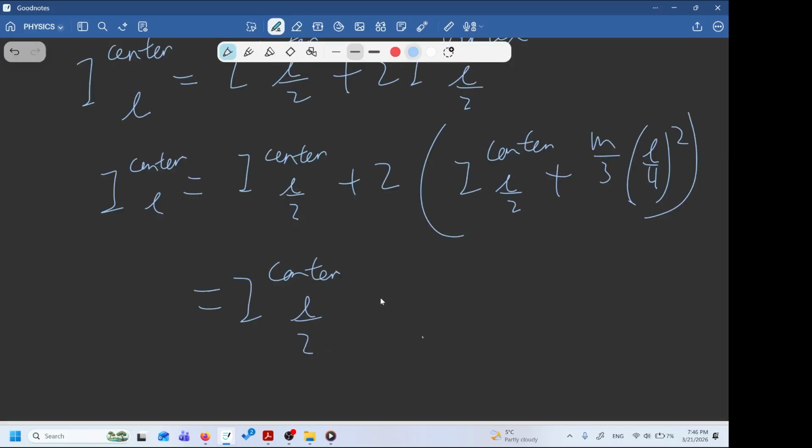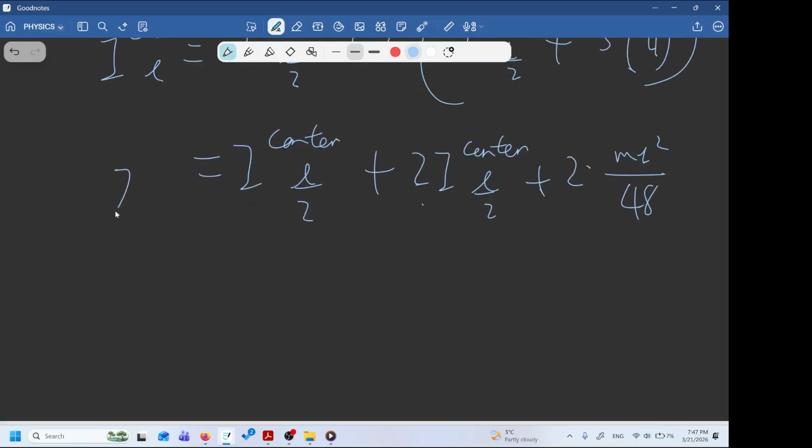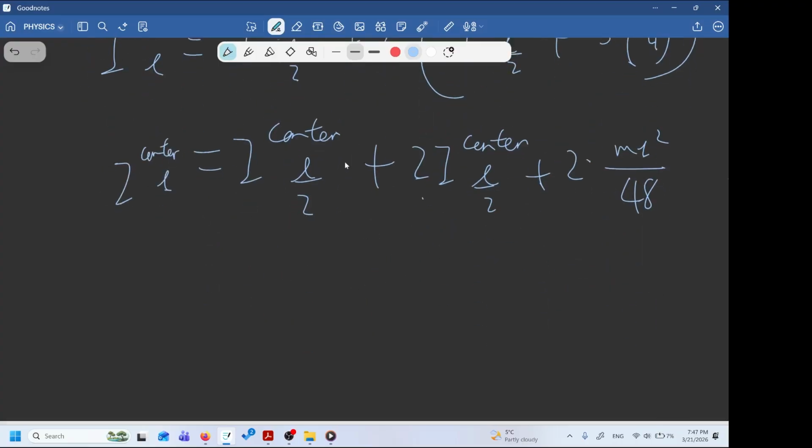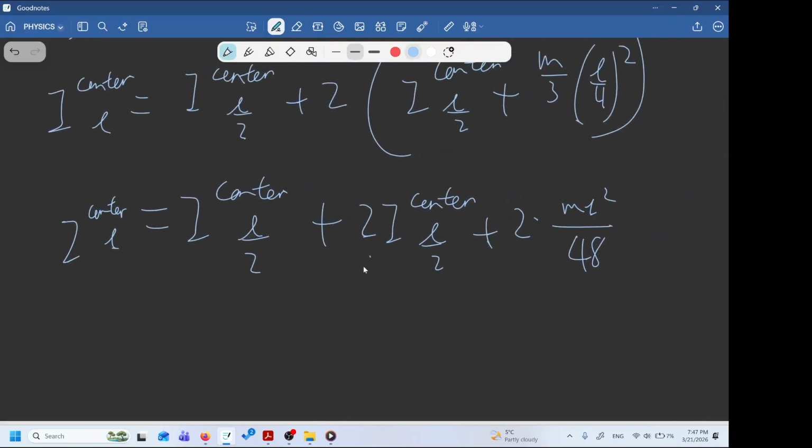We get I center L over 2 plus 2 I center L over 2 plus 2 times m L squared over 16 times 3, which is 48. And so we have I center L equals I center L over 2 plus 2 I, or we can combine these, so we get 3 I center L over 2 plus m L squared over